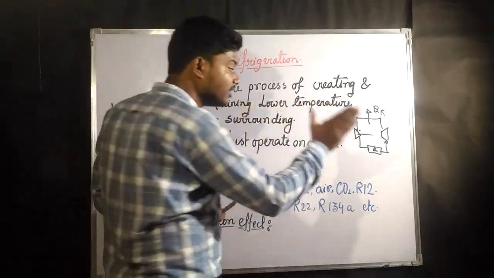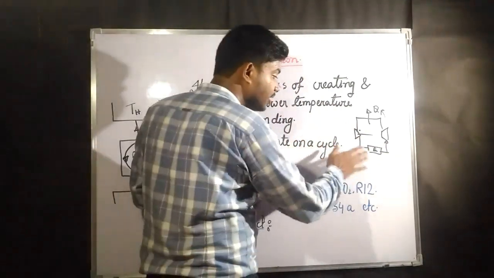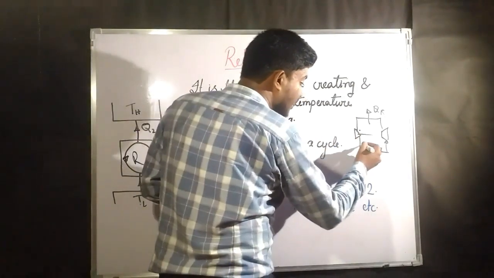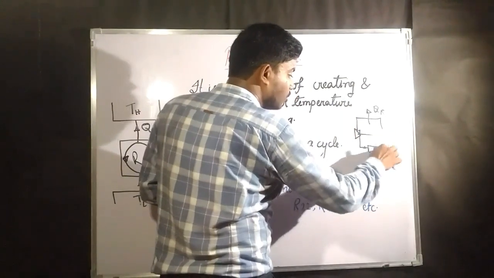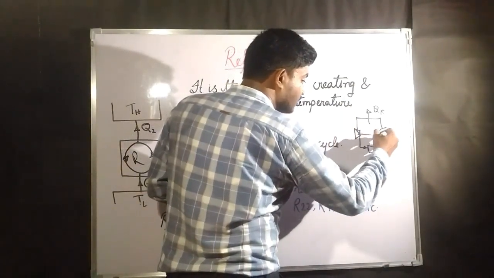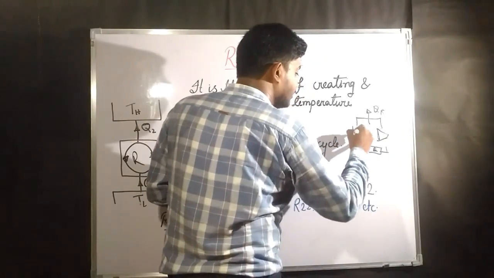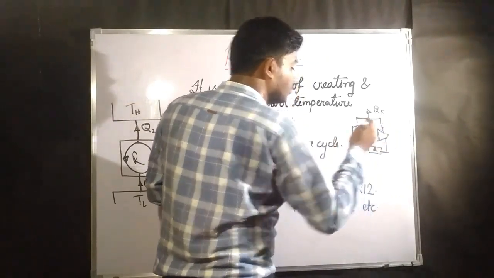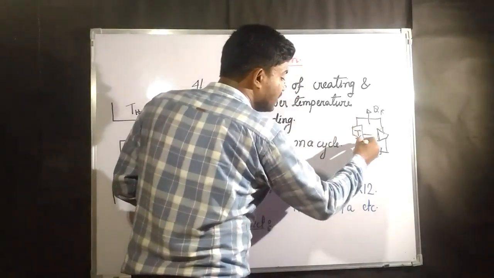For this particular case we are going to explain this example. So what is going to be there? Suppose the substance is coming out in the evaporator. Sorry, we have drawn it in a different way. This is going to be a compressor and this is going to be a turbine. So after expanding from the turbine,